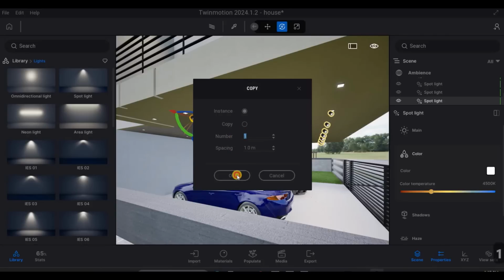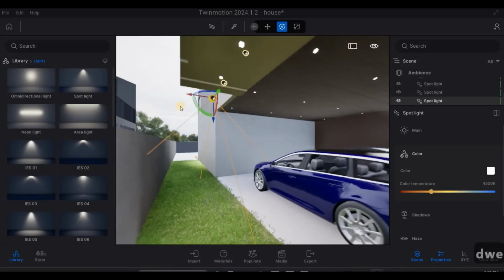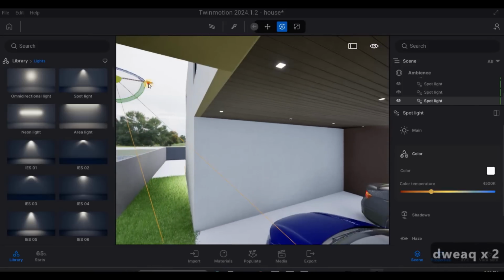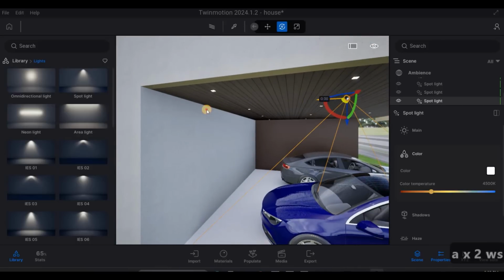One meter and then 3 more, or 2 more actually. So we could just use that again. It's already here, so we could just add this one here, and then this one is going